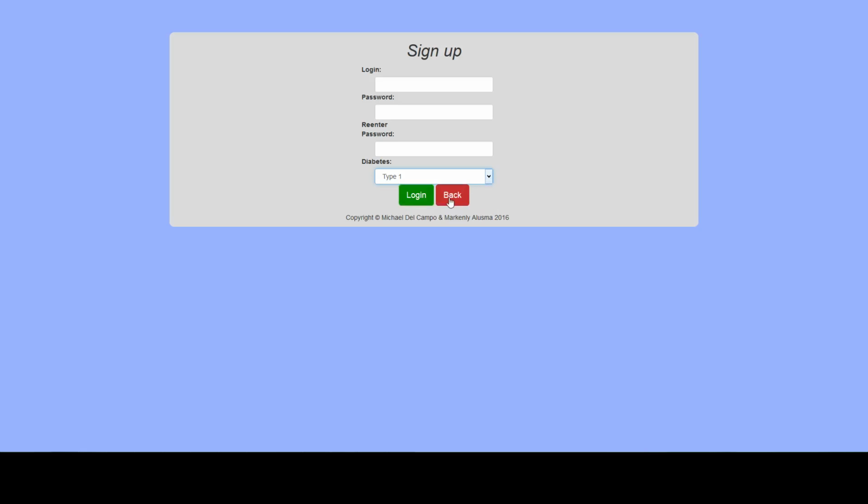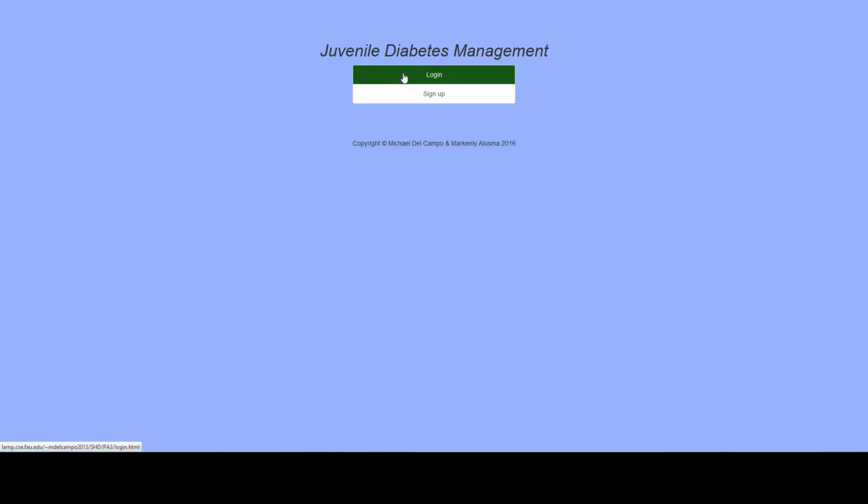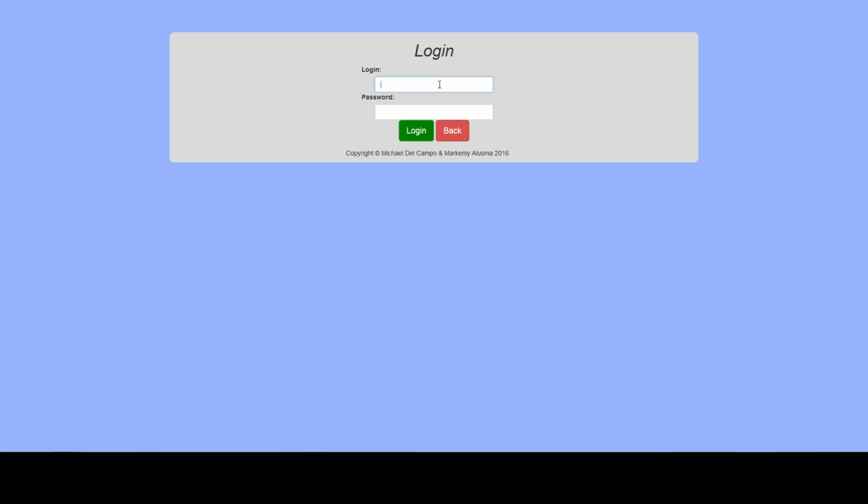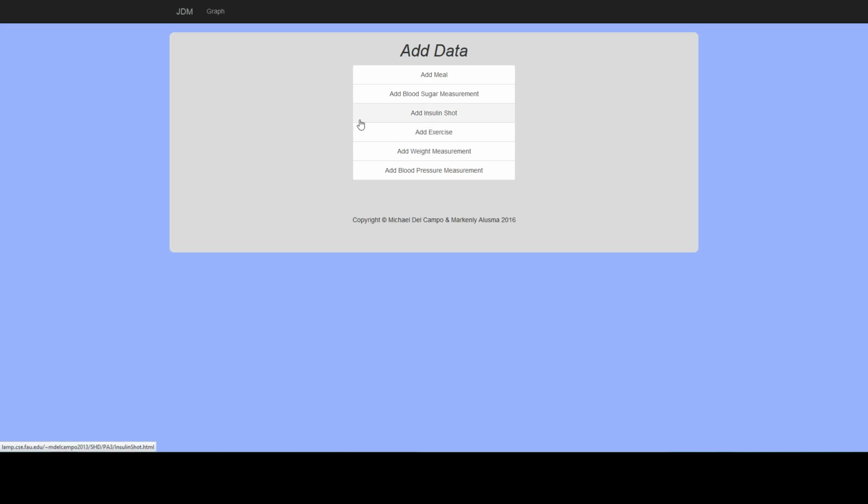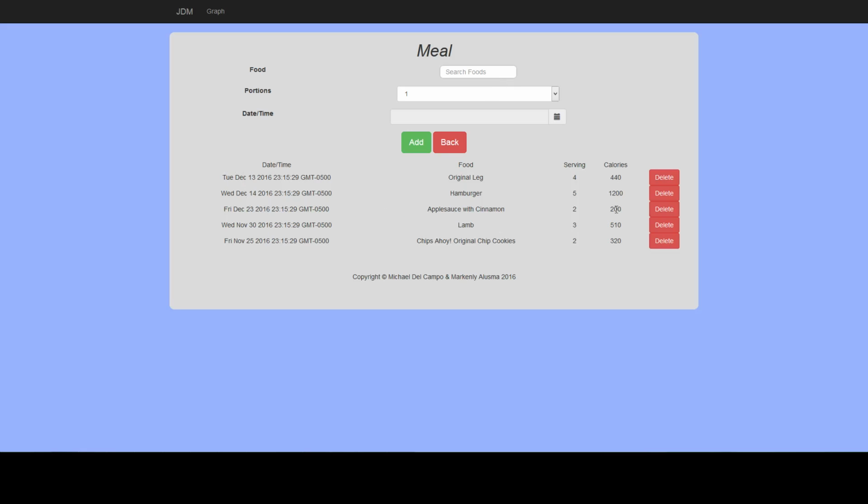or type 2. We already have a profile set up, so we'll go to login, enter in the credentials, hit login. It'll bring us to the actual main page. We have add meal, add blood sugar measurement, add insulin shot, add exercise, add weight measurement, add blood pressure measurement. In each of these, we have tables like this where you can delete existing items, and additionally you can add